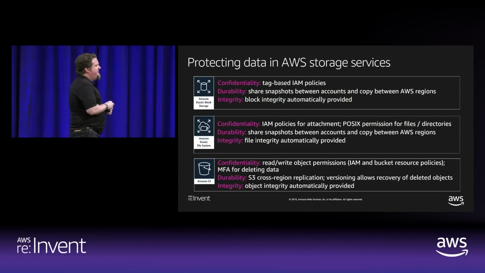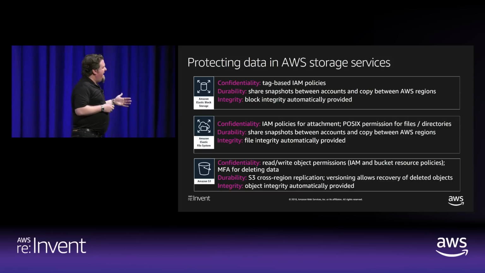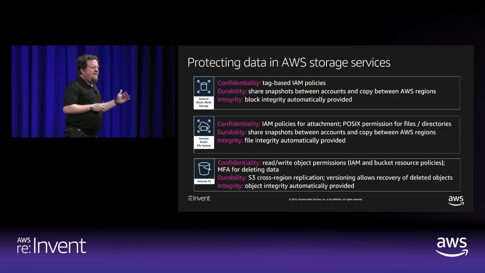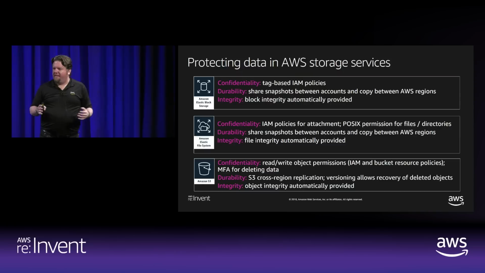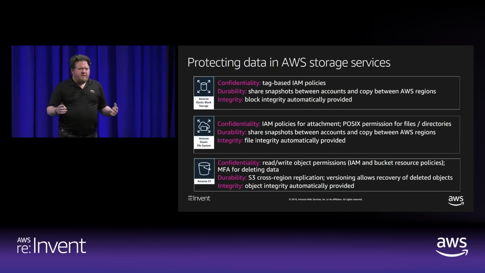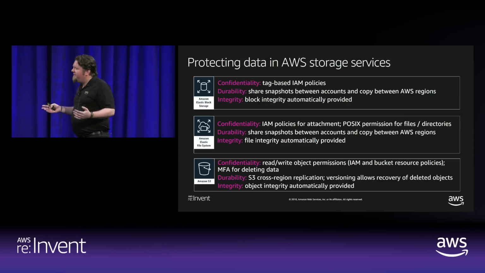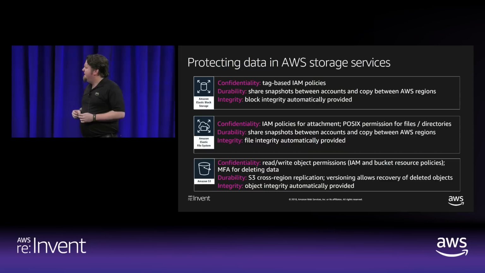For S3, confidentiality, as we saw earlier, we can write really detailed policies and require MFA. Durability: S3 is extremely durable in region. It's 11 nines of durability. I like to tell customers that those 11 nines are not a marketing number, they are a science number. It actually is 11 nines durable. We are not going to accidentally lose your data. You place an object in S3, it's the root of trust, the root of state. We're not going to lose it.